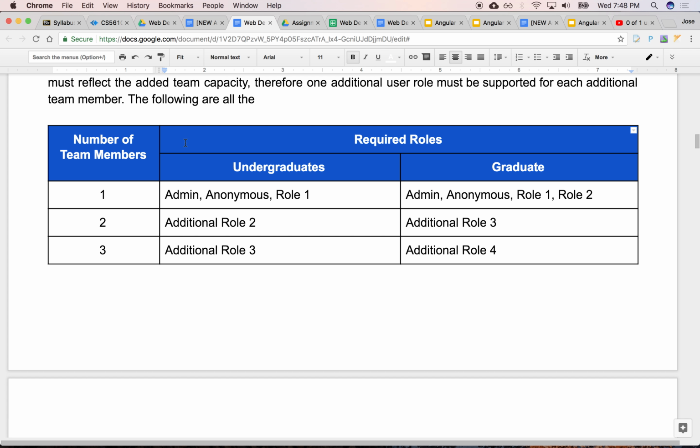So roles. Depending on the size of your team, the complexity of the project increases. If you're a graduate, you definitely need the admin role, the anonymous role, and role 1 and role 2, for whatever domain you have. For every additional member of your team, you'll need to come up with an additional role.